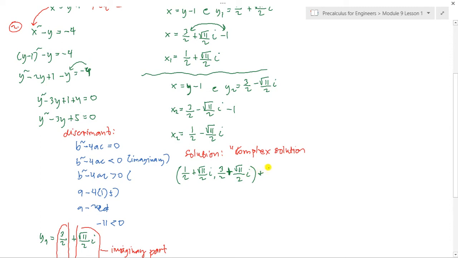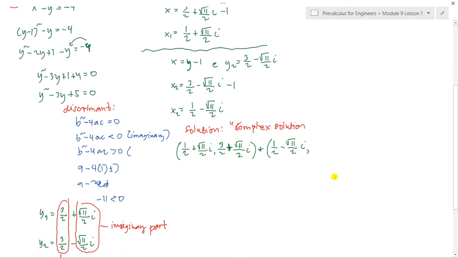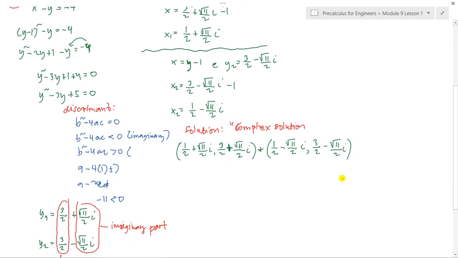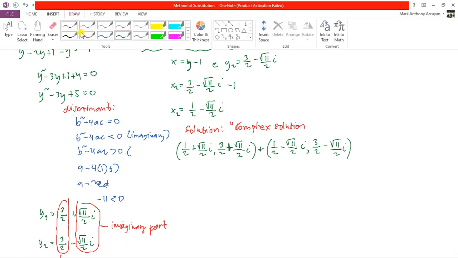The second solution, x sub 2, is 1 half minus square root of 11 over 2i, and its corresponding y value is 3 halves minus square root of 11 over 2i. And then, in interpreting this,